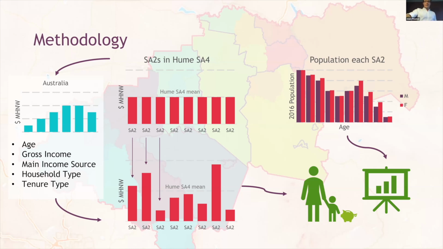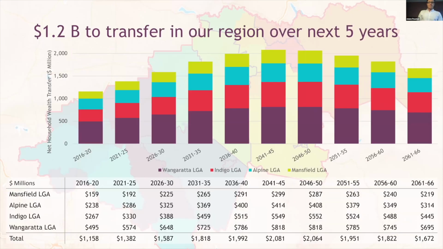And so I won't go into a great deal of detail on that methodology, but suffice it to say that it was really geared at the same outcome. We're trying to understand what the total quantum of wealth by location around Australia is going to be and forecast that transfer in 5-year increments, as you can see here, out to 2061 to 2066. And what you can see here is that breakdown across that region that we were seeing just in the northeast of Victoria, where by 2041 to 45, in that 5-year increment,